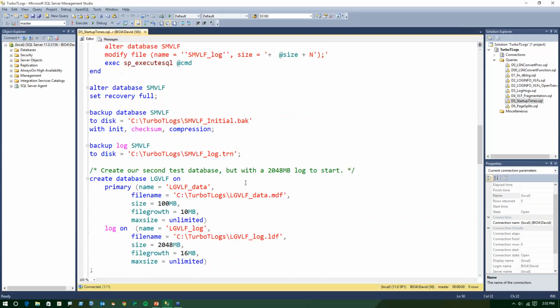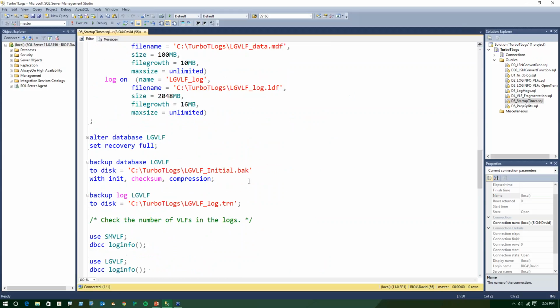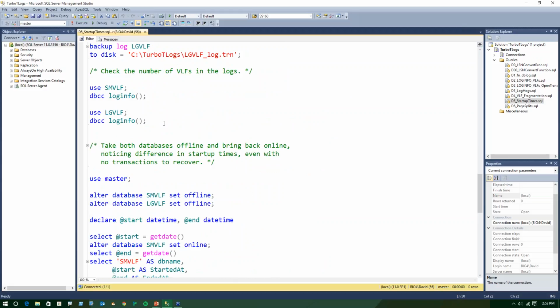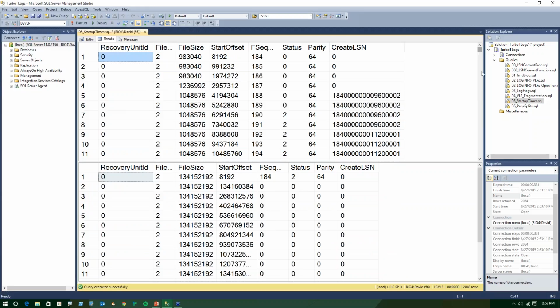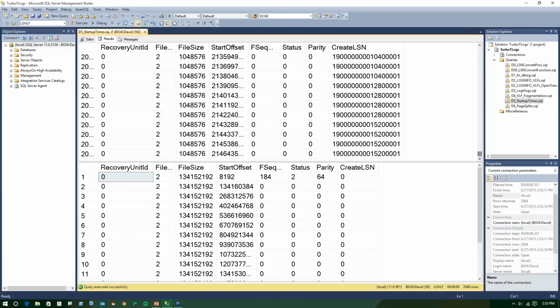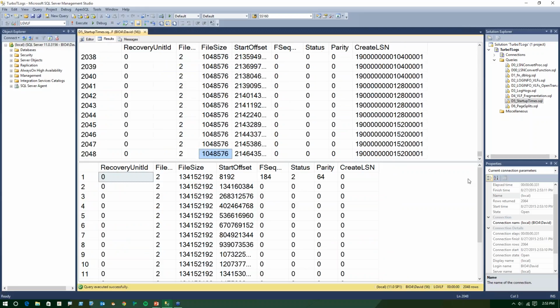The one I grew 16 megs at a time, the other I grew right out to 2 gigs. So if I use DBCC LOGINFO to show me the number of VLFs in each file, we'll see that for my first one, okay, this one has a much smaller VLF size. This is about a 1 meg VLF, and I've got 2,048 of those. And down here, I've only got 16